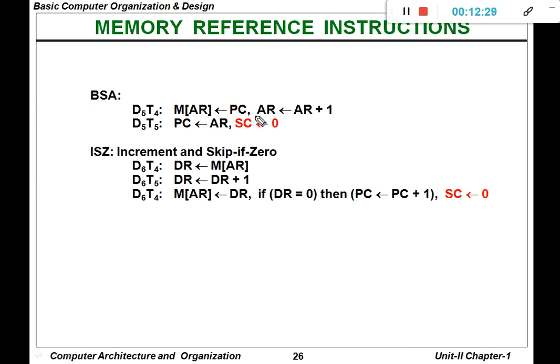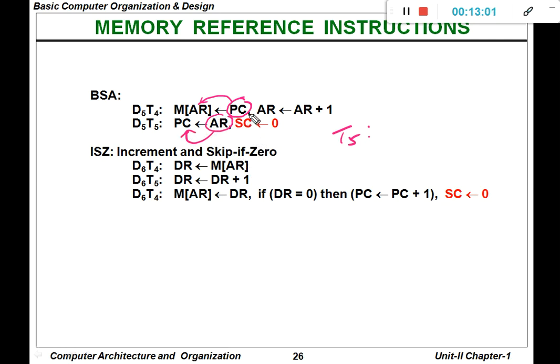Here you can see how branch and save return address works. Initially, the program counter is moved to a particular memory location, and the address register is incremented, AR assignment AR plus 1, and then at time T5, clock cycle T5, the AR value will be moved to the program counter.